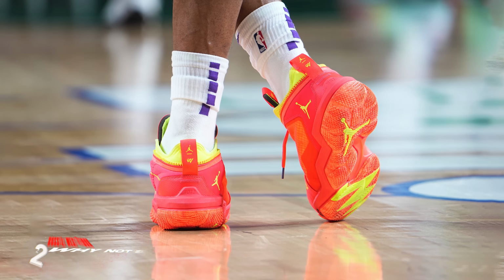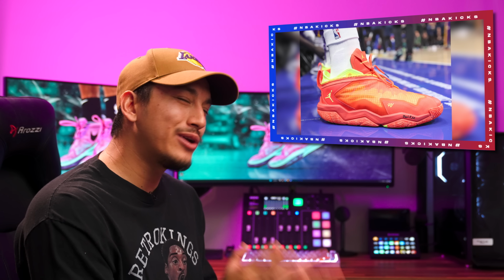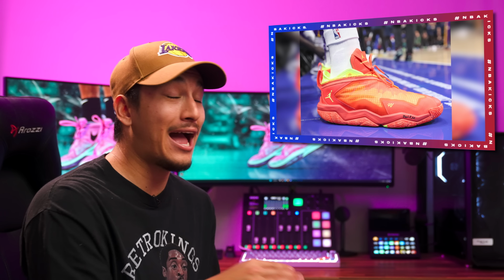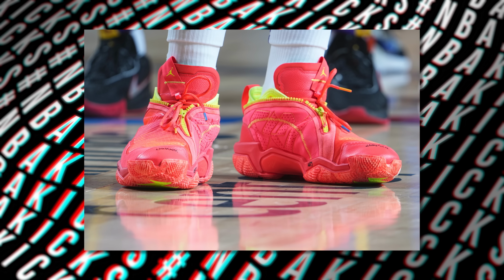Coming in as our runner-up, we got Russell Westbrook with the Why Not 0.6. Alright, so I'll be the first one to admit that I was really not looking that much forward to Russell Westbrook's next signature sneaker. However, the Why Not 0.6 from Jordan Brand look like they got some interesting things going on for them. Russell Westbrook's latest signature sneaker makes its debut in this bright crimson and Volt colorway, which is really loud, perfect for the Brody, but upon closer inspection, you can clearly see that the materials are truly something